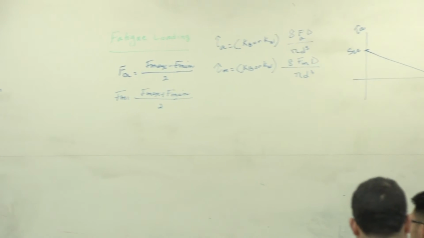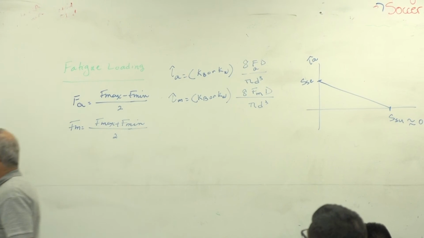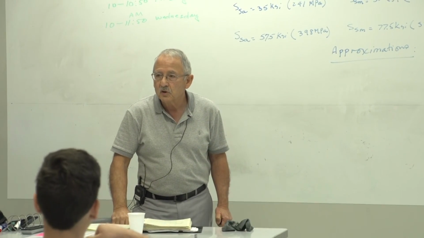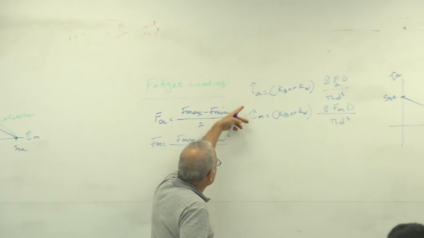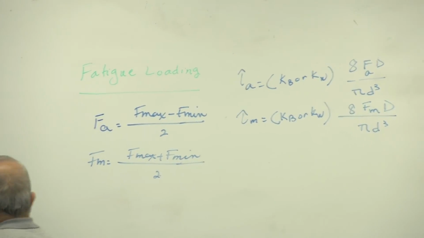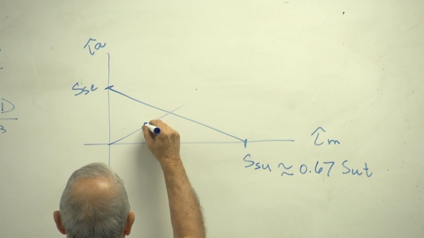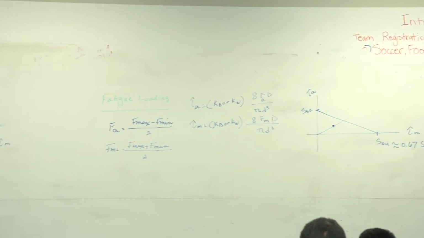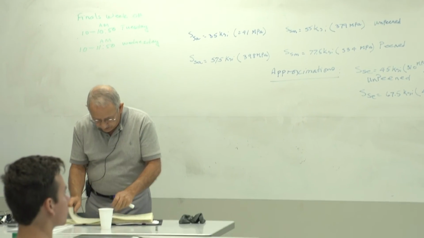So once we have that, then we have that SSE, one way or the other. Whether with that or with this, we have the SSE, and then we are where we used to be with all fatigue problems. We have a strength line. We have the mean and alternating values of the stress. You plot your point and draw your load line. And the rest is exactly the same as before, with no change. We'll demonstrate that in an example problem, of course. Any questions?